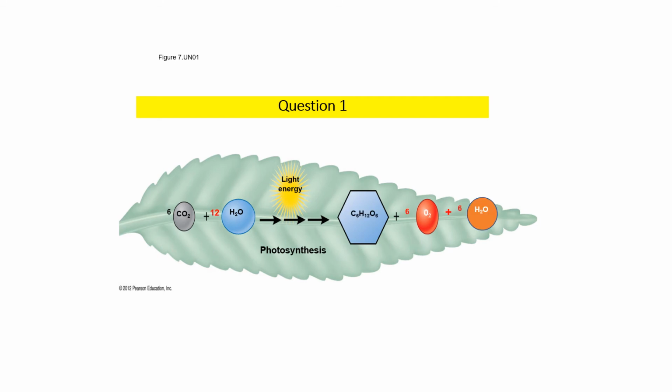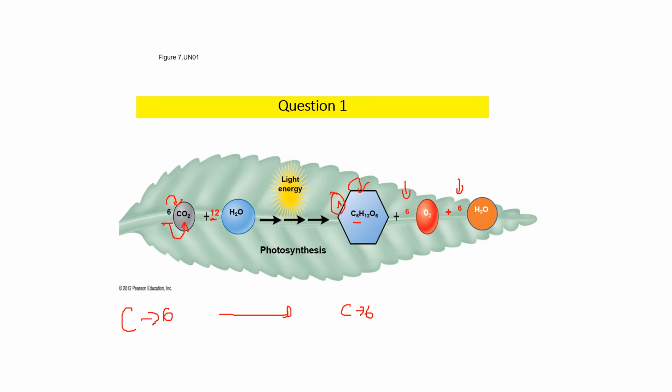So for example, now you know that here you have 6 molecules of CO2, 12 molecules of water, 1 molecule of glucose, 6 molecules of oxygen, and 6 molecules of hydrogen. So you just have to see that this is correct. So how do we do it? We just have to multiply. So carbons. If you see here, you have 6 carbons, and here you have 6 carbons too. So this is correct. Now let's go for the oxygen.